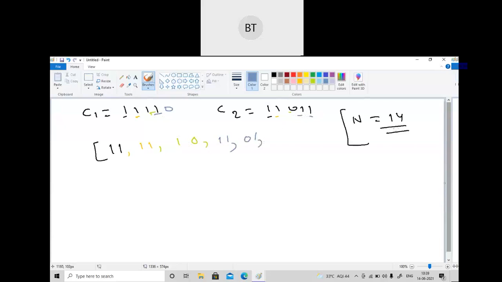So after this, you can see 14 bits should be there. So if we count, we will only get 5, 5, 10 bits. So we will apply 20 here and 20 here. So what we will write here? This 0 into this 0, so that will be 0 0. Then this 0 into this 0, that will be 0 0. So this is the answer.